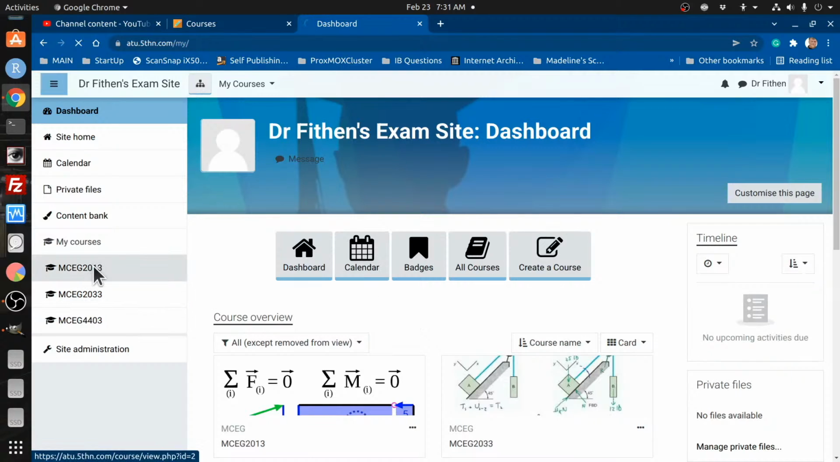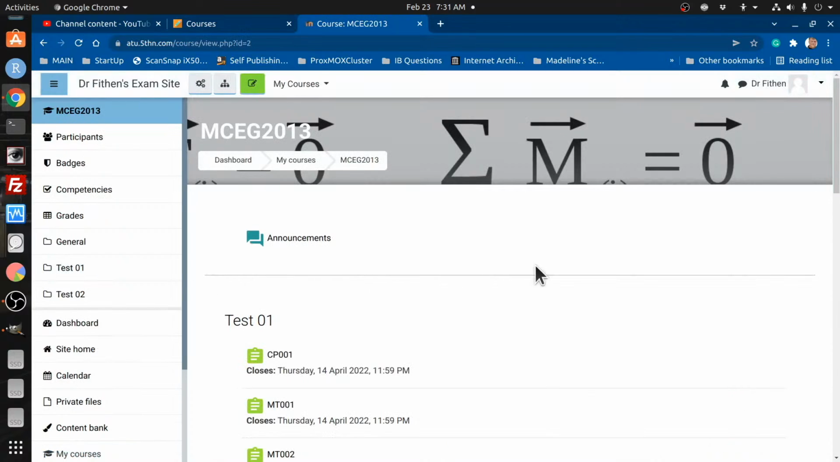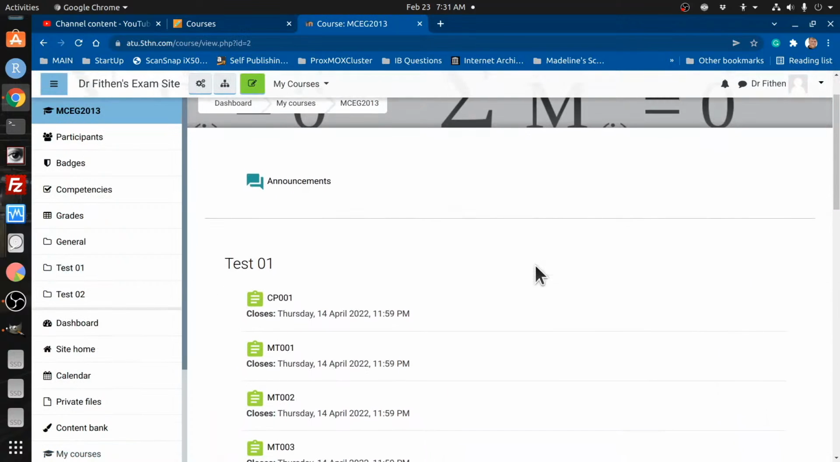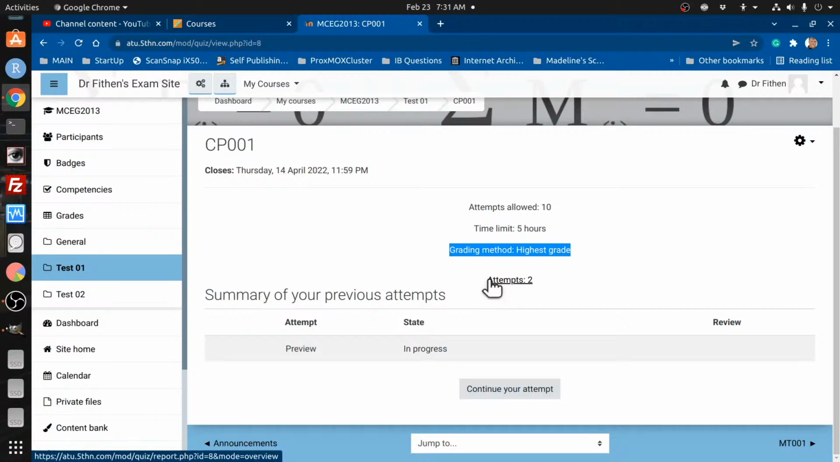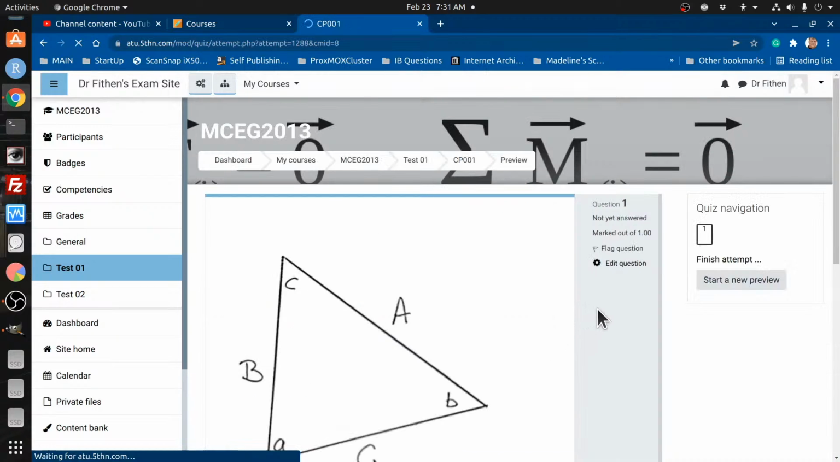I've already done a little bit in statics. One of the things is every single class has this CP001 in the test. That's a common problem 01. I allow 10 attempts at it. You get 5 hours to do it. It probably should take you around 10 minutes at most. I have had 2 attempts at it. I can continue my attempt, but one of the things you're going to see,